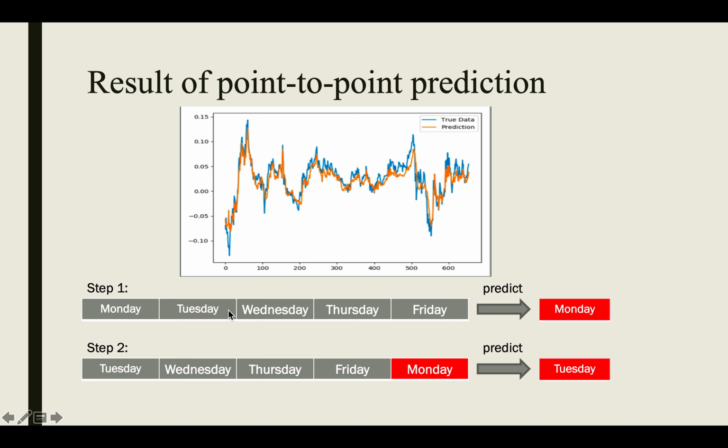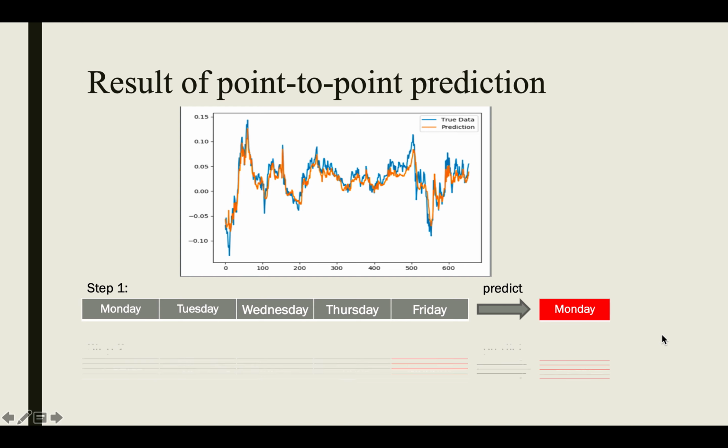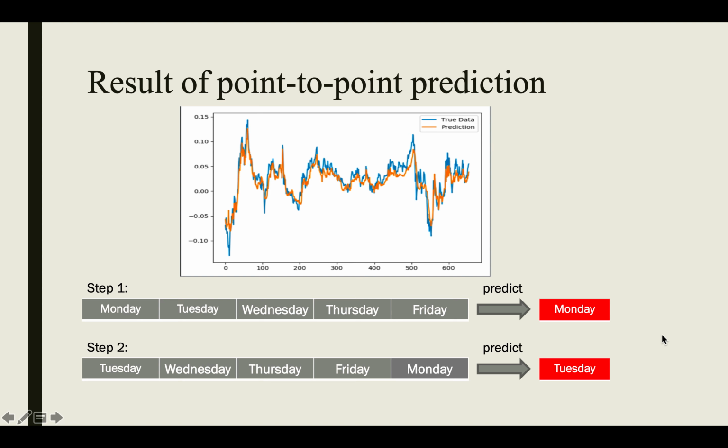For example, we know the previous weekdays' data and use that to predict next Monday, and then when I want to predict next Tuesday, I also use original data to predict. So that is good if you just want to know the stock price for tomorrow. But